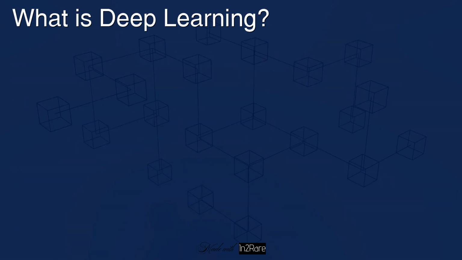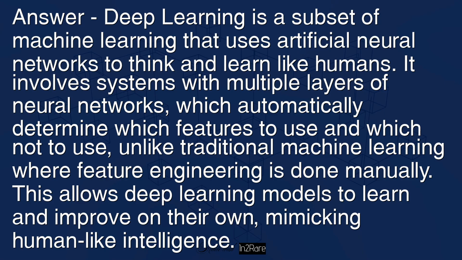What is deep learning? Answer: deep learning is a subset of machine learning that uses artificial neural networks to think and learn like humans. It involves systems with multiple layers of neural networks, which automatically determine which features to use and which not to use, unlike traditional machine learning where feature engineering is done manually. This allows deep learning models to learn and improve on their own,